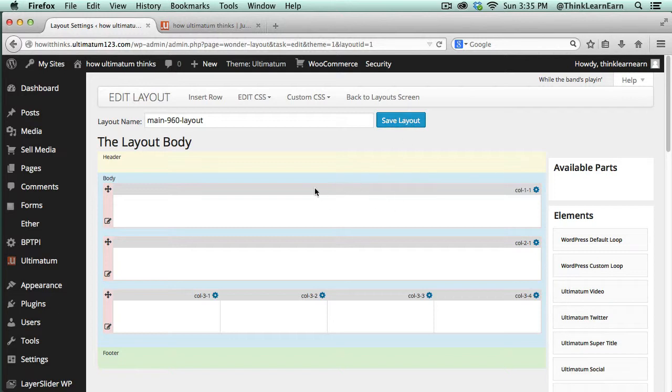So these are actually rows, div tags. Also, they're technically article HTML5 tags. So what I want to put up here, I'm going to put a slideshow here, which I will share with you how to do in a second. But right now, I just want to put my default